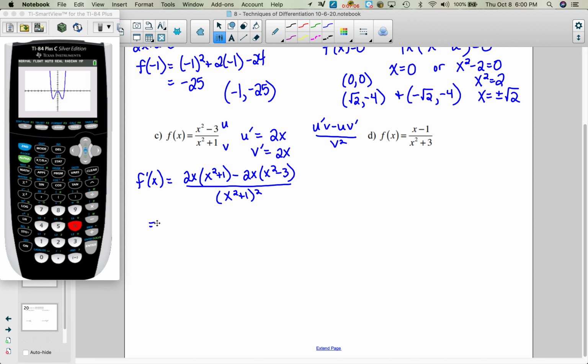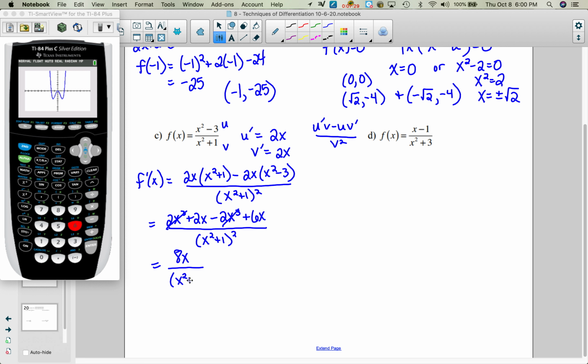Okay, so now we have 2x cubed plus 2x minus 2x cubed plus 6x all over this. So my 2x cubes cancel, that's kind of nice. So we have 8x